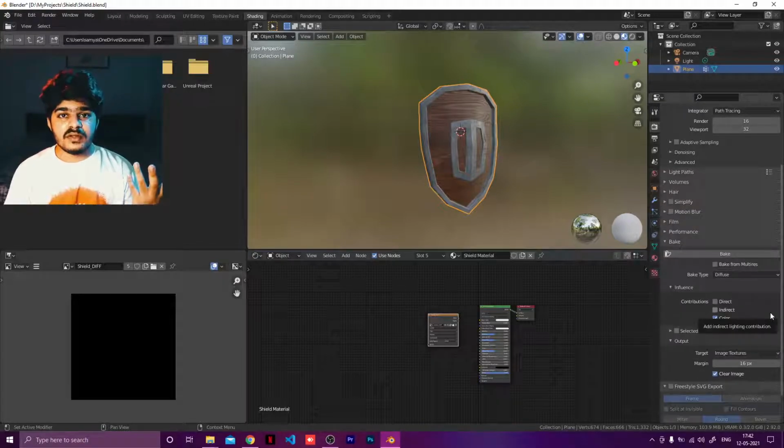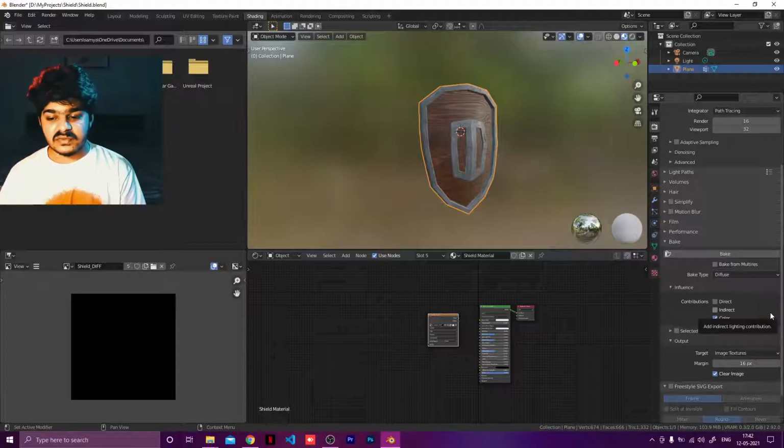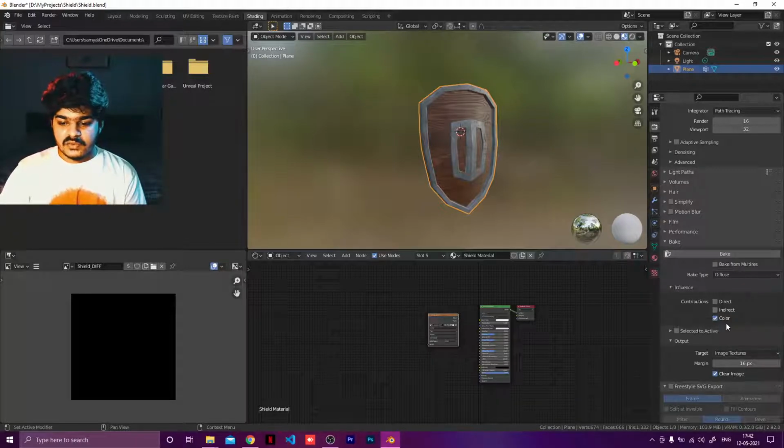Where it is used is, maybe, when you are baking the textures for a game. When there are levels to be created inside of Blender, usually all the shadows, all the reflections, all that nice stuff is just baked onto the textures, so that it does not put that much pressure on the game engine. Most of this stuff is baked in, so that the entire process is much faster while playing games. So I just want color.